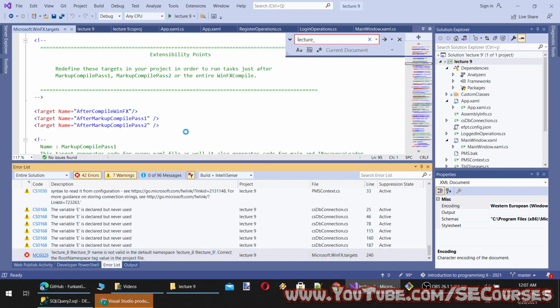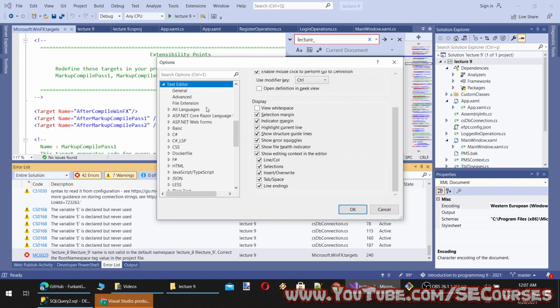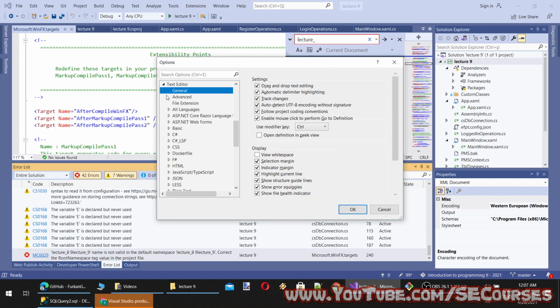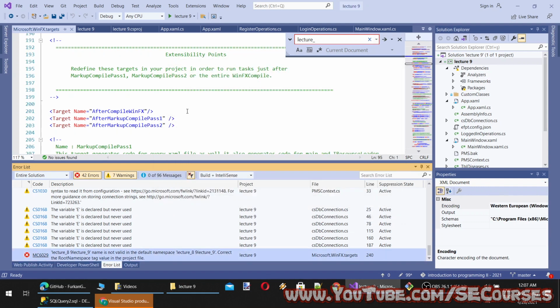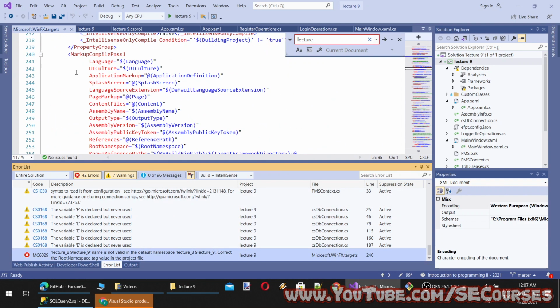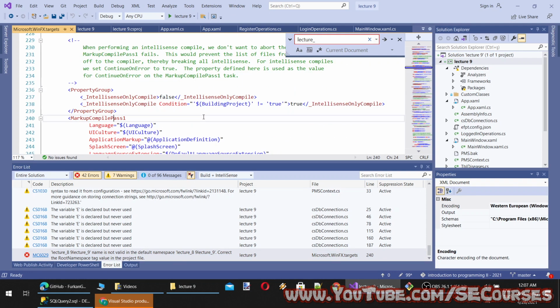So let's first enable that. It is in the text editor and in here, general or all languages. Okay, here word wrap and line numbers, and in the line, okay, it is not here.